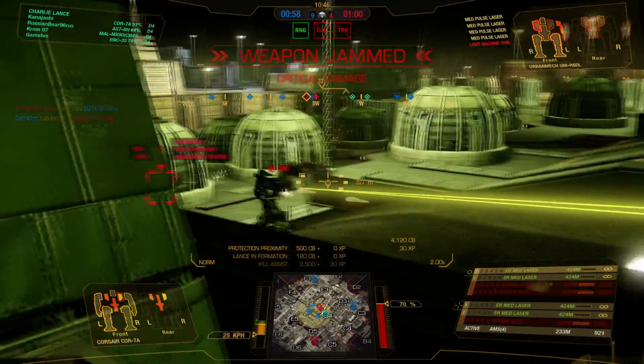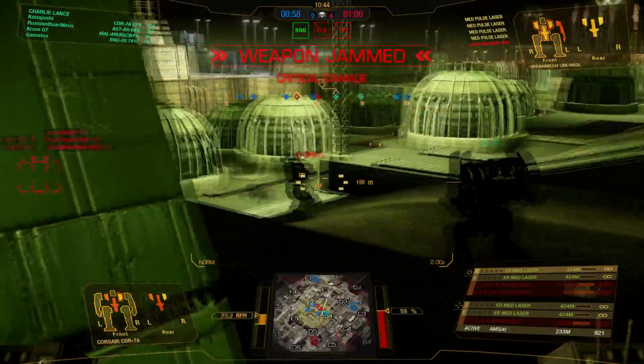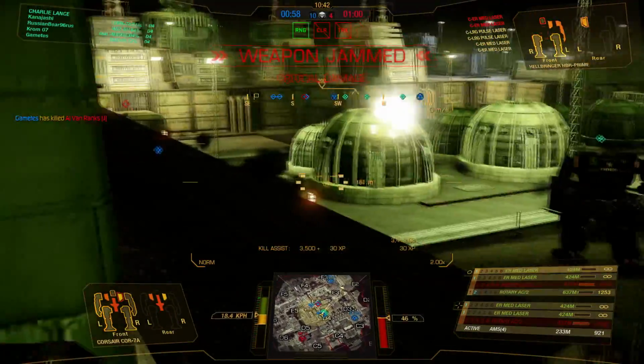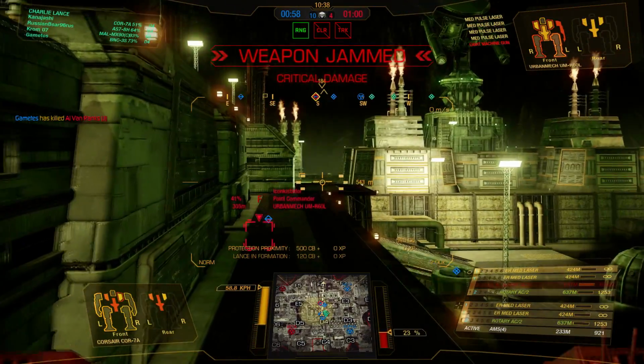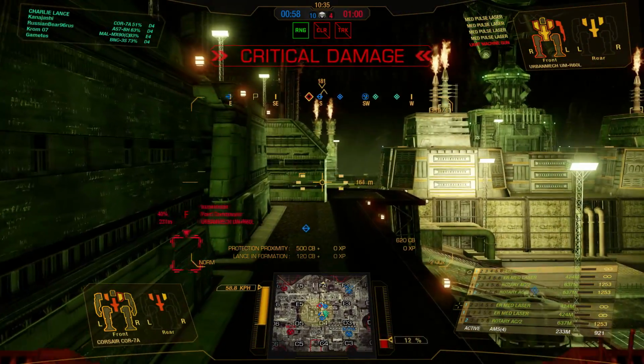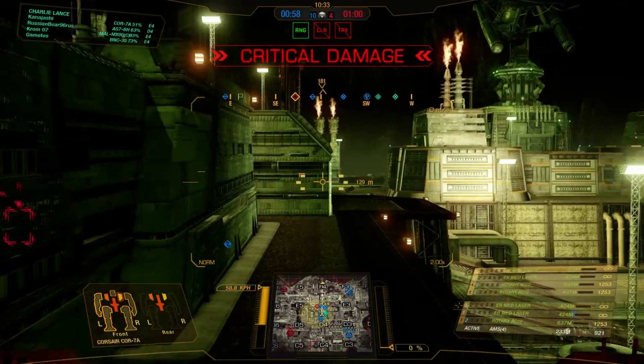He might kill me with this. No, he manages to not kill me. Come on, I'm all jammed up. Give me my Rotaries back. And it's 10-4. There's no way we're going to lose this at the moment unless they have some magical